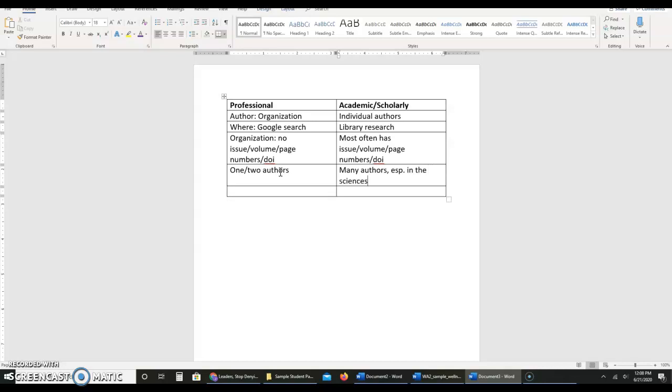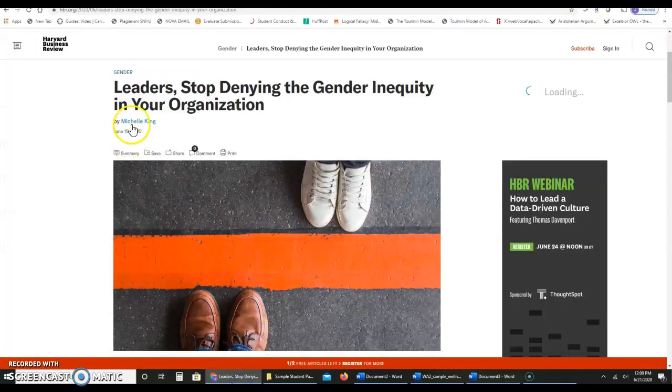Academic and scholarly articles will have many authors in the sciences, and then one author in the humanities. And this isn't always, again, but these are the trends that I want to show you, right? So professional articles that are published in magazines will often have one, but if you go back and you look